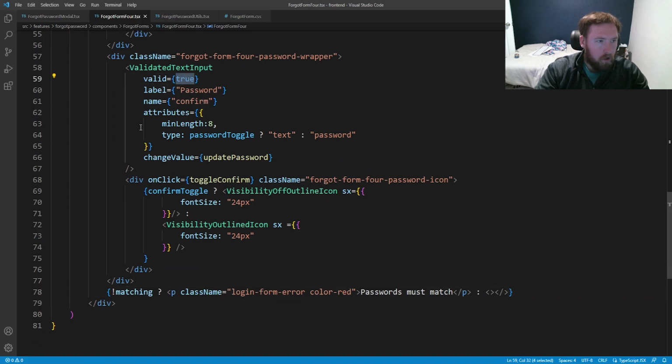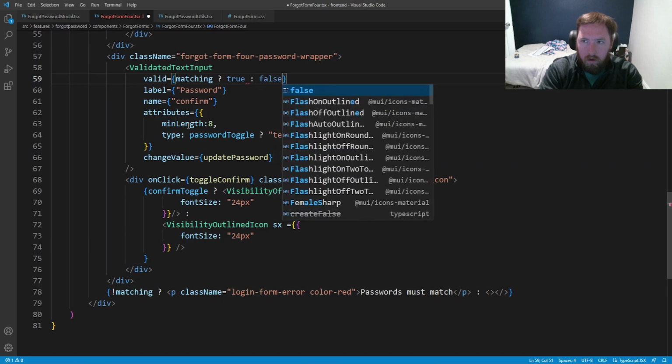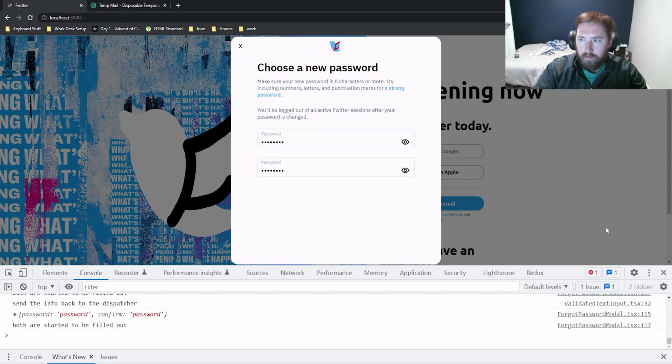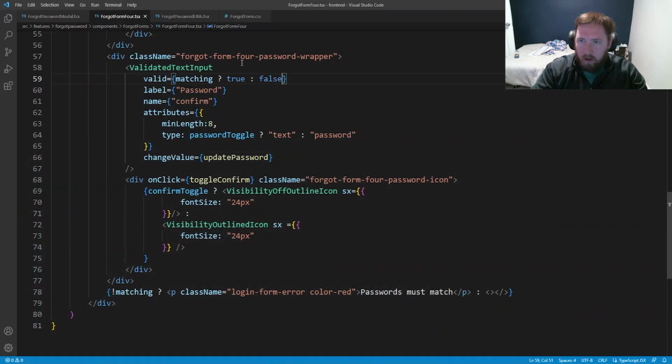And we need to go ahead and probably throw matching inside of valid. So here, I think this is actually supposed to be matching question mark. So if it's matching, we'll say true, otherwise false. So now if it's not matching, it has to match, do that, and that's all kind of good to go there. So that looks good. We can take a look at both of these. Except I broke